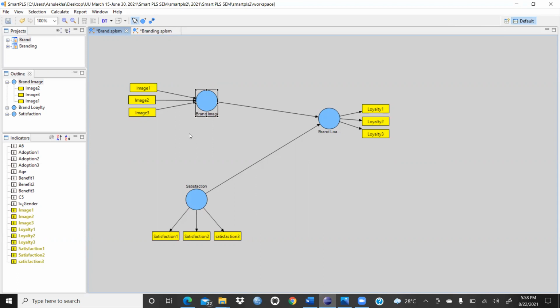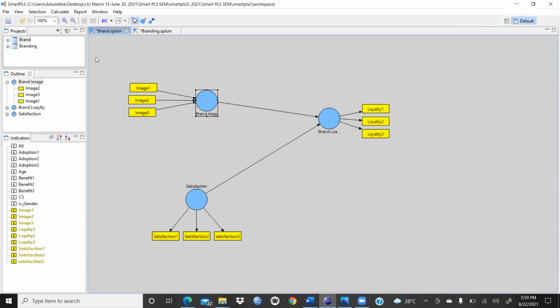How have I decided it is formative? Formative means when all these statements are not relevant to each other. That is why in this model multicollinearity is very, very important. In a reflective model the correlation should be very high, but not here. In a formative model, there should not be any multicollinearity issue. There should not be a very low correlation, positive, negative, or zero correlation.